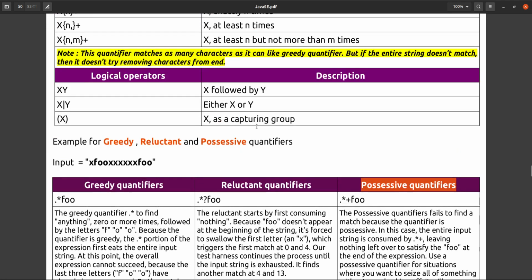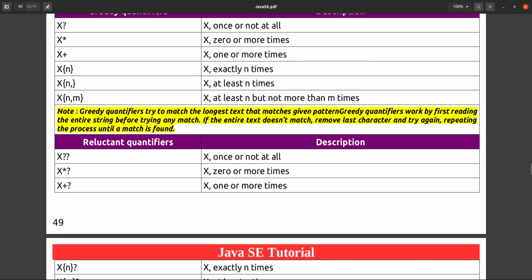If you read these definitions here, the greedy quantifier tries to match the longest text that matches the given pattern, greedily. What is the longest?